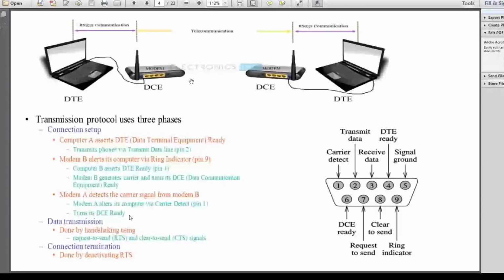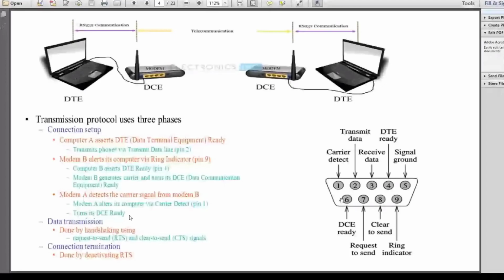Modem A then detects the carrier sent by modem B, and modem A alerts the computer via the carrier detect. So this is the carrier detect line.